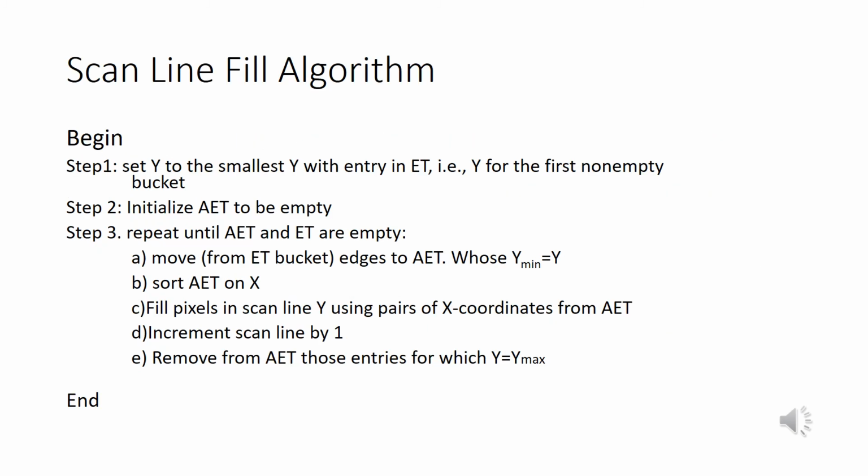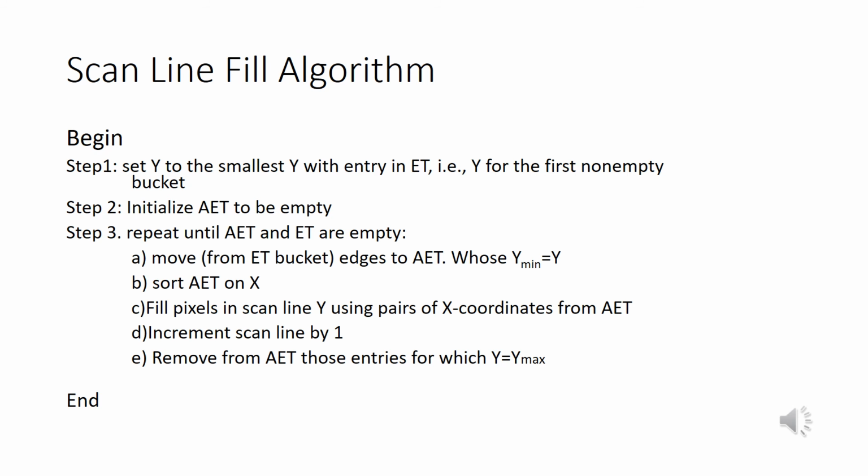Here I have given the scanline fill algorithm. Now we have to determine from which scanline we have to start. In the global edge table, we have already kept all the edges with their min y, max y, x value of the lower vertex, and inverse slope. In step 1, we are taking the min y value as the value of the current scan line. So this becomes the current scan line. Initially, the active edge table is empty. We have to perform the next steps until the edge table and active edge table become empty.